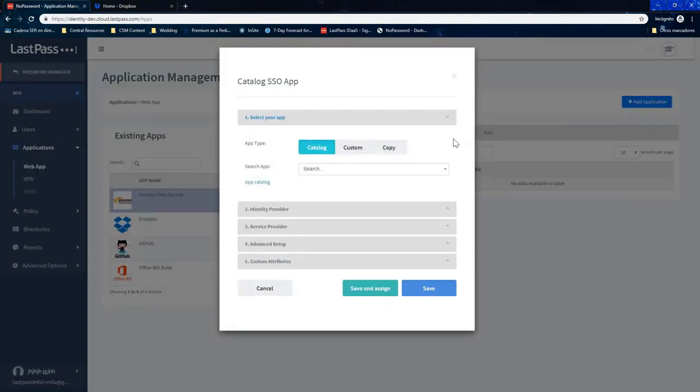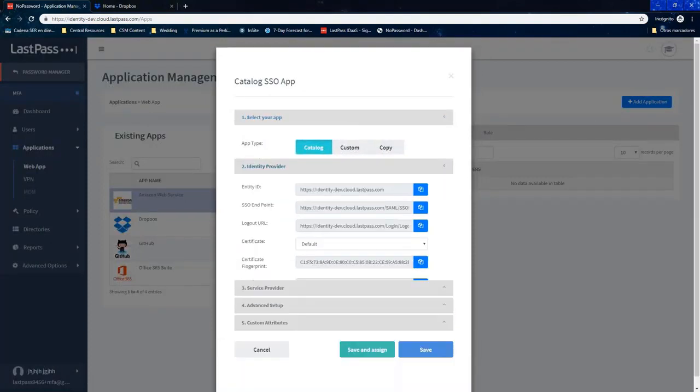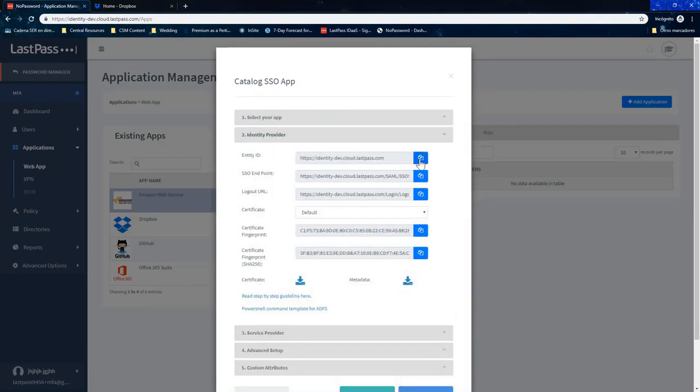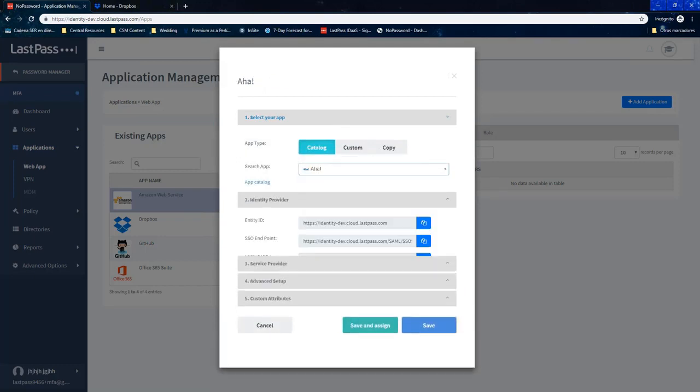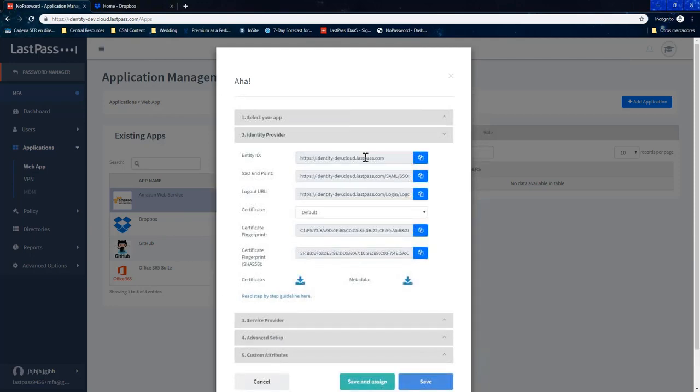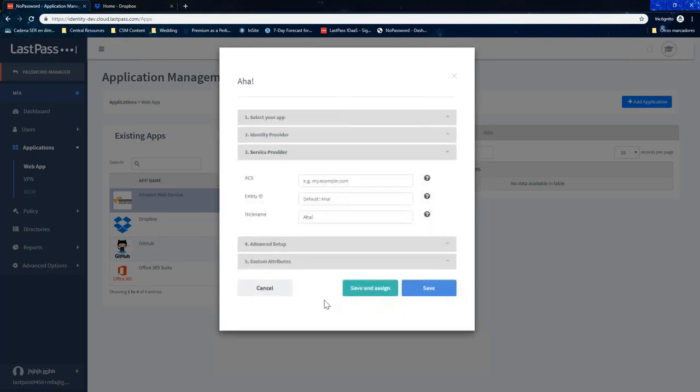Admins can follow our detailed step-by-step guides to configure each one. So we open up these accordion menu items, and in our knowledge base, we have instructions to configure each of these apps. In this case, if I want to configure an app called AHA, I can select that from my catalog, and navigating to the AHA page, I can figure out what instructions and what information they need. So I can copy these to my clipboard, download a certificate, paste it over there,